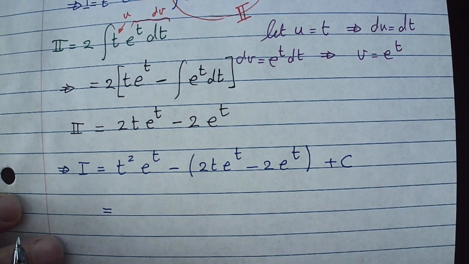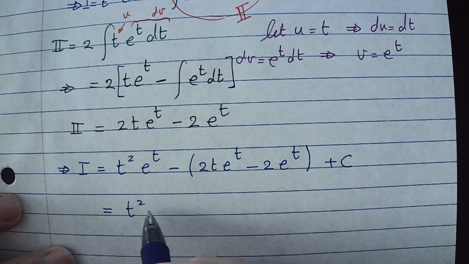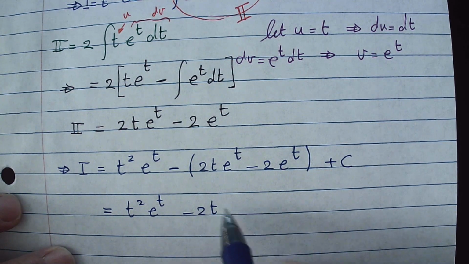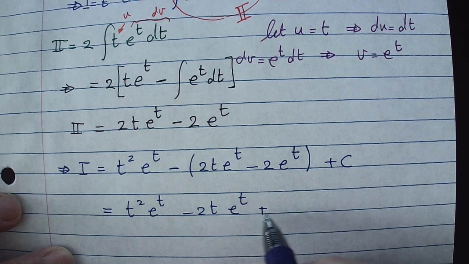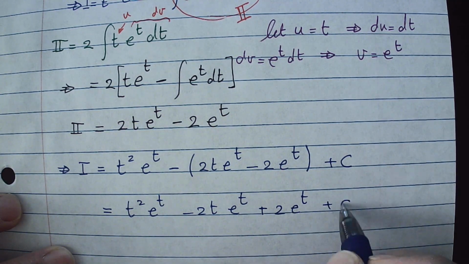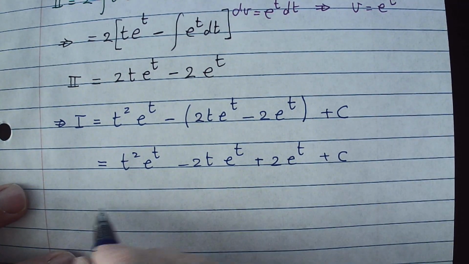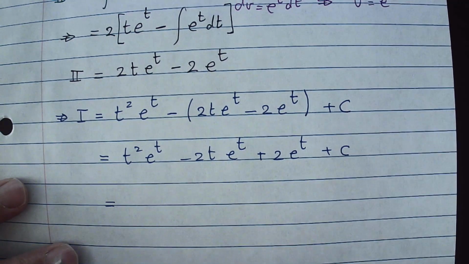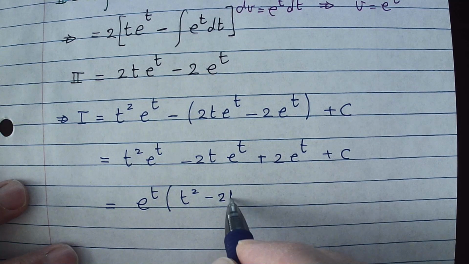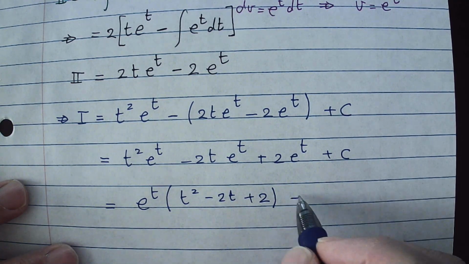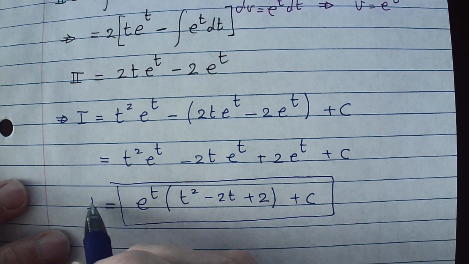Now this can be cleaned up, as I can distribute the negative here. So t squared e to the t minus 2t e to the t plus, minus minus here is plus 2e to the t and plus c. Notice that I have e to the t in each term here, so I can take it as a common factor. So e to the t times t squared minus 2t plus 2, and then plus c. This is my answer for the original integral, which is